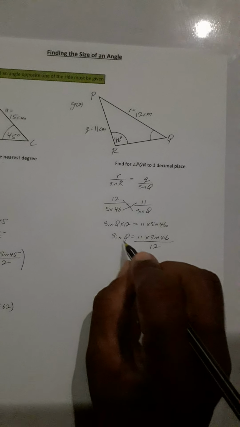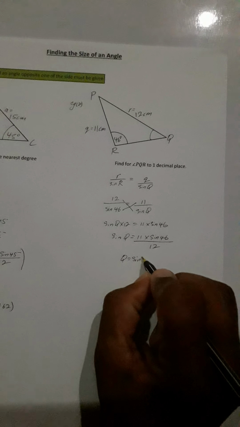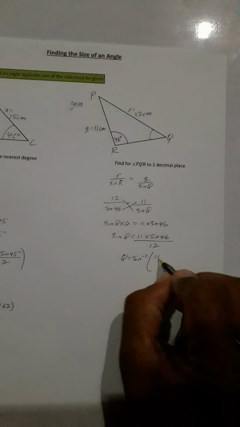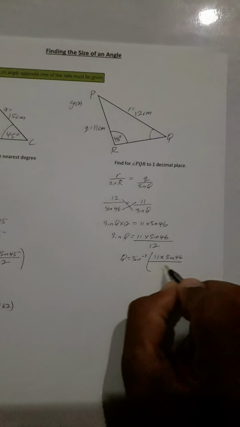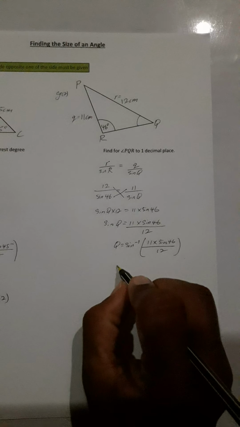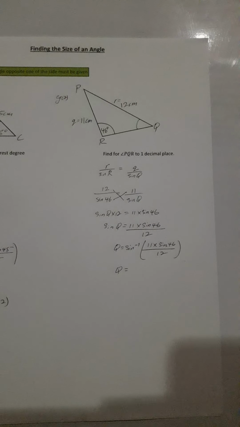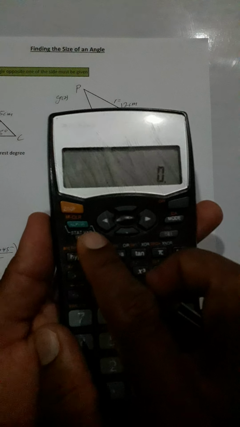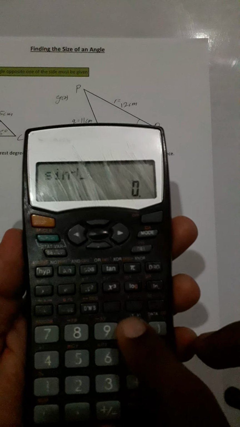And now I'll take the sine across since I want to find angle Q. So sine inverse, all of this, 11 times sine 46 divided by 12. Now we'll use our calculator and then we'll write our answer to one decimal place. Let's see what we'll have. Good, so second function, sine, that's how I got sine inverse, in brackets I'll put